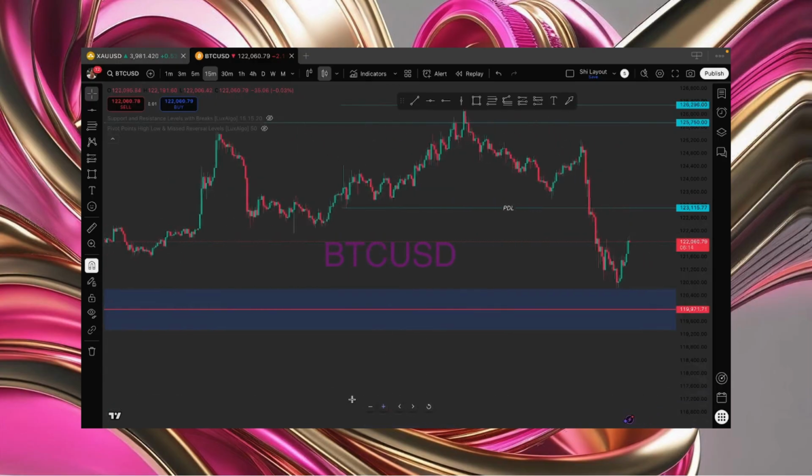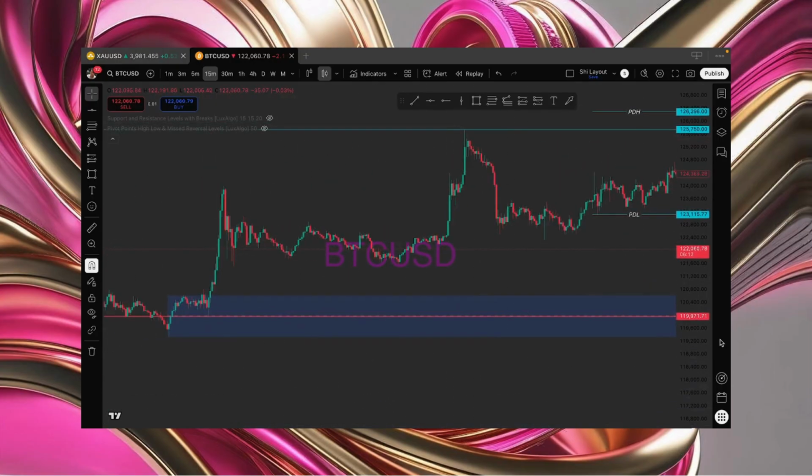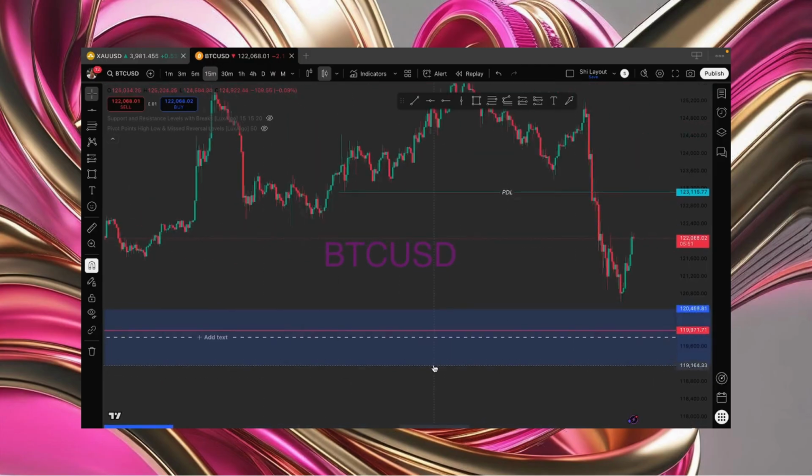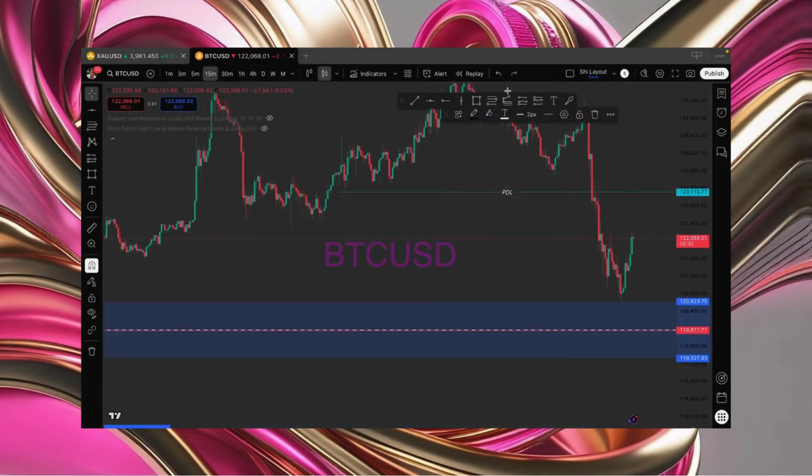Let's zoom in. This particular zone here is a demand zone that was created from another demand zone. So I'm looking for a sweep into this. Even if it goes back and sweeps this low again, I don't want to see a closure below this. I need to see a sweep and an instant rejection out of this zone